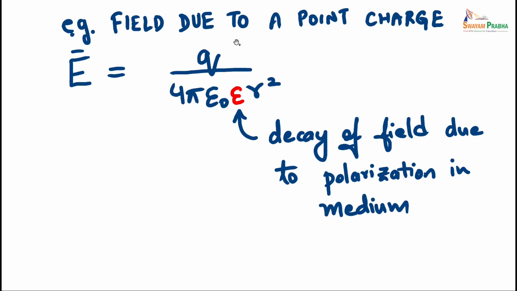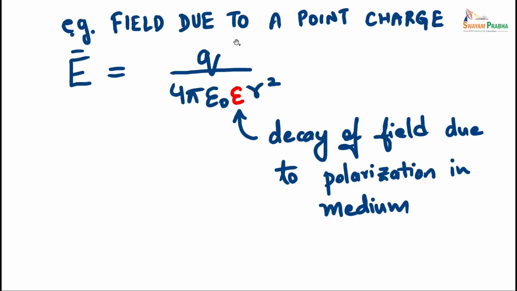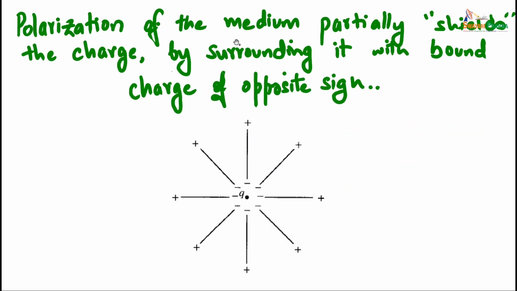Relative permittivity. And the explanation of relative permittivity is something like this. If you have, say, water molecules, for instance, they have minus and plus, they have dipoles. If you have a negative charge inside water, then that is going to cause these water molecules to arrange around it in a manner that the field of this negative charge decays very rapidly. This is the process of screening, and mathematically it's the 1 by epsilon which comes.